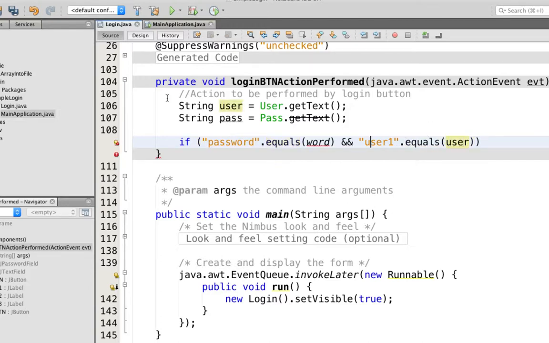Sorry, this should actually be password, and this should be user ID. Okay, so if word dot equals pass and user1 equals user,